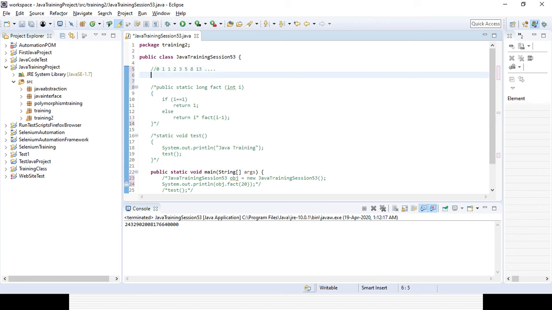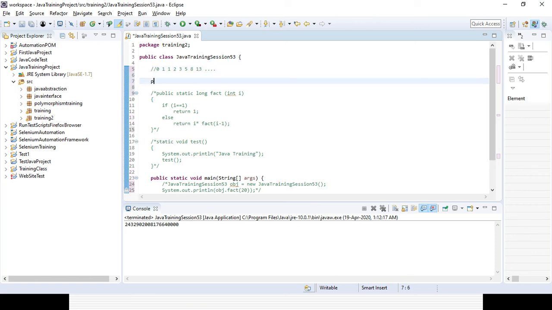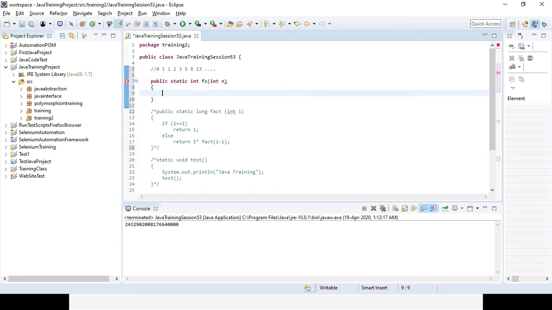So for that I am first creating a method, public static integer. It will return an integer, and I am giving the method name as fibonacci series fs, and here I want to pass an integer, suppose integer n. And I will give some condition.